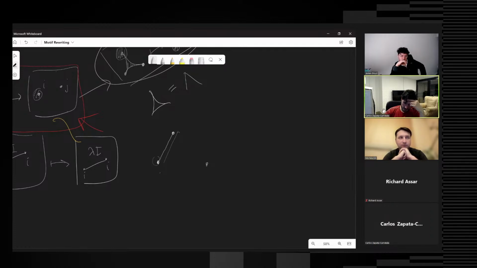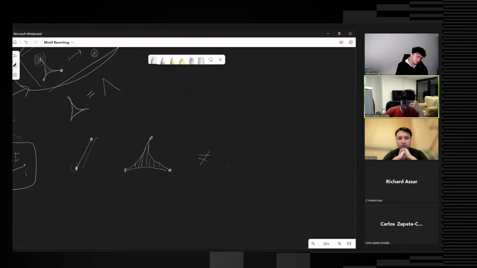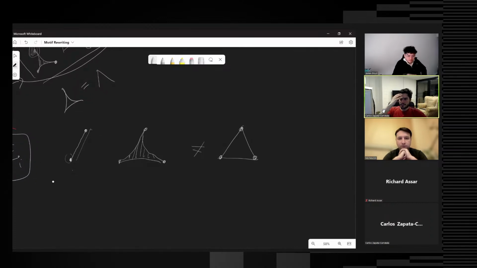Now if you have three, the idea is that you want to define something that basically makes this not equal to this, right? That's what I'm trying to think. So basically, what I'm thinking is you have some distribution of numbers. Maybe it's more for the number theorists. So you have a distribution of numbers, and you want